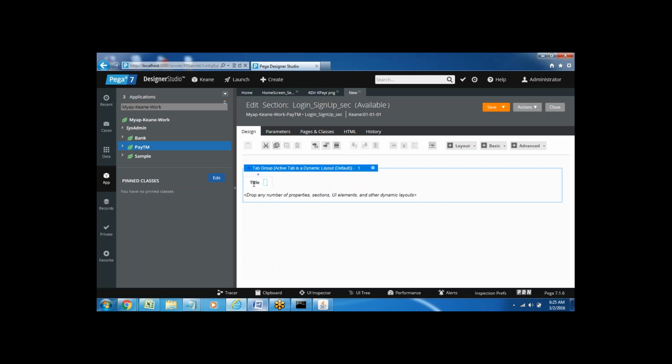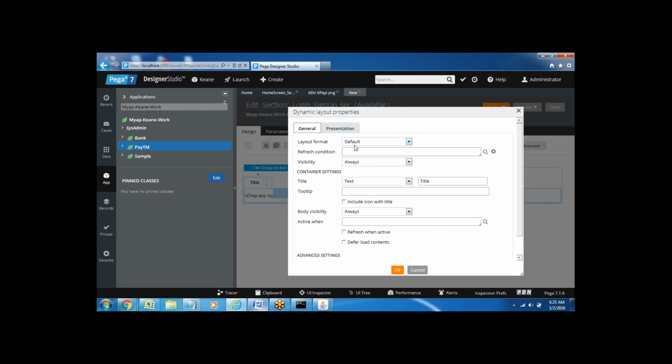In the first tab, we have to give the title of the tab. If you go to the settings here, you can see the title. Whatever title you want to give for this, I'm giving the title name as login,